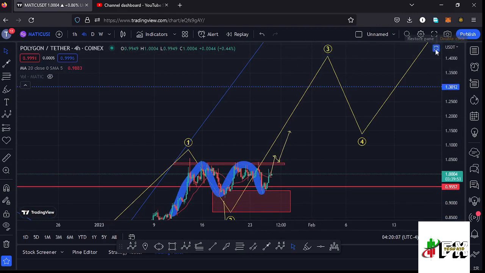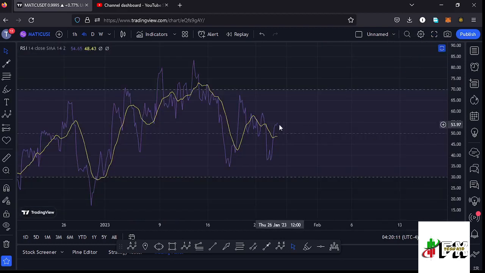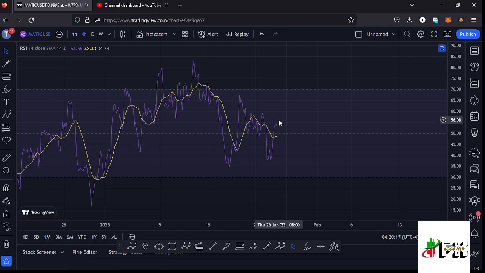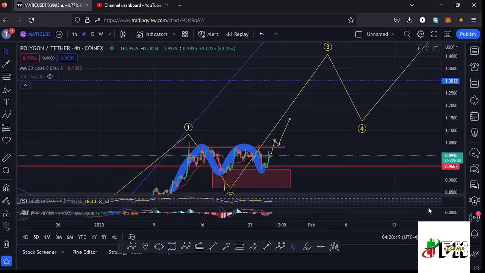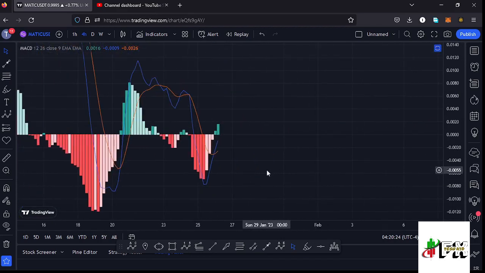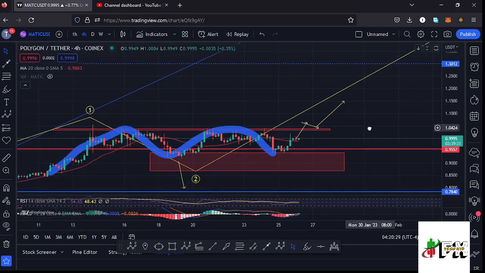And also taking a look at the indicators before I give you the long-term scenarios that I'm expecting to play out. Here on the RSI, we are trading at around the 54 mark, meaning we have massive room to support any movements to the upper side and also to the lower side. Also taking a look at the MACD, we have been able to print a bullish cross, and we're also seeing an increase in the buying momentum, meaning there are chances of continuing to push even higher given the support